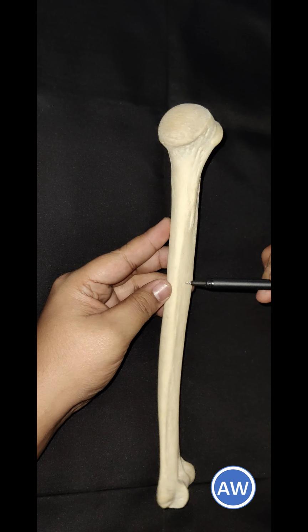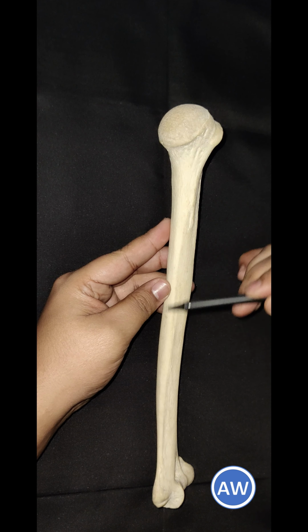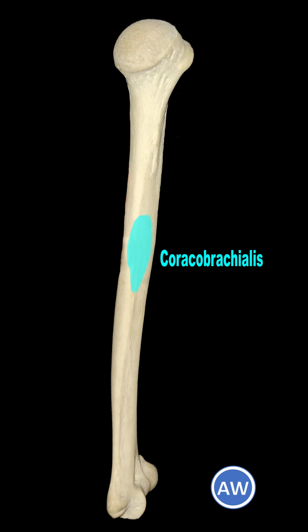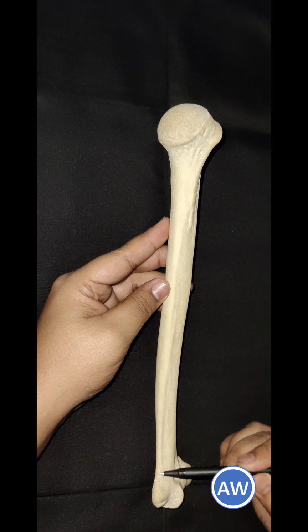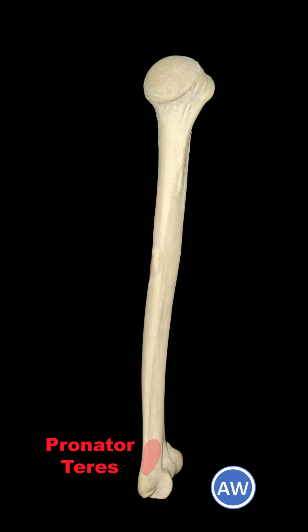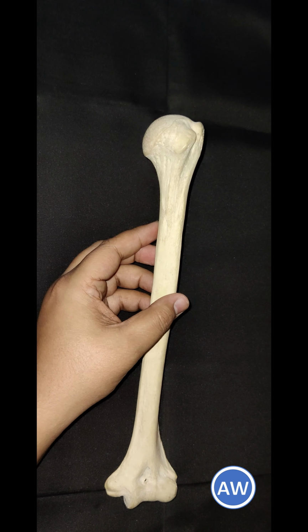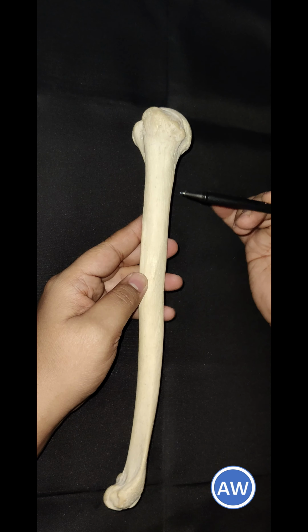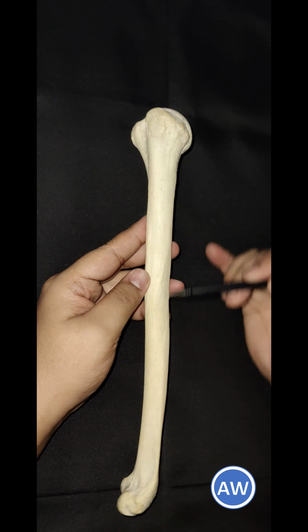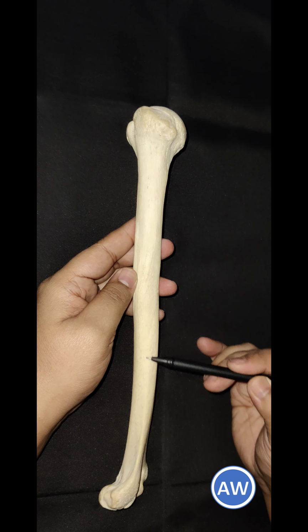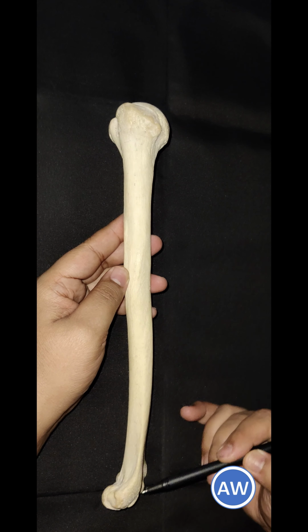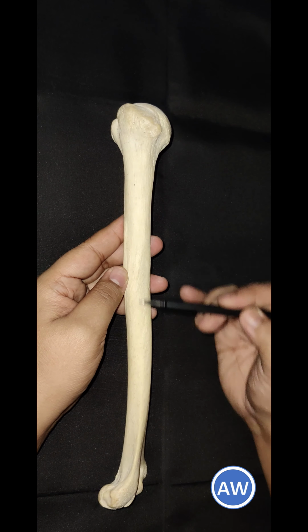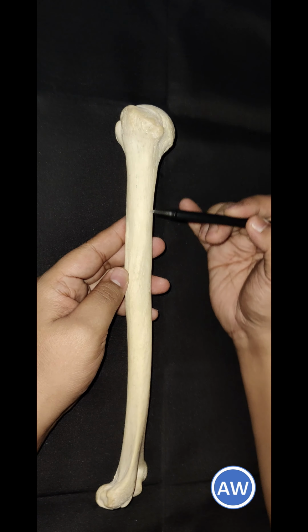A rough strip on the middle of this border provides insertion to the coracobrachialis muscle. A narrow area above the medial epicondyle provides origin to the humeral head of pronator teres muscle. Moving on to the lateral border, its upper part is indistinct while its lower part is prominent where it forms the lateral supracondylar ridge. Above the lateral supracondylar ridge, it is ill-defined but traceable to the posterior part of the